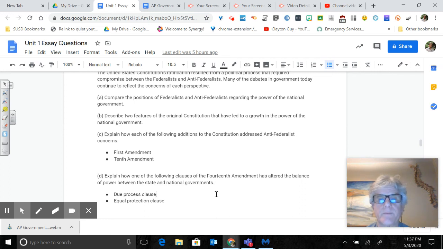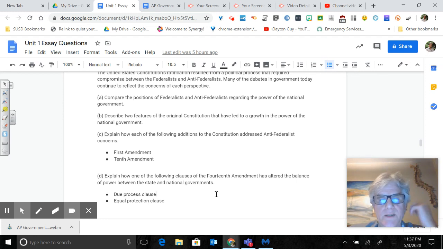So both of those address the anti-federalist concern about the power of the central government, so the government could not create a national religion, it couldn't stop speech, it couldn't regulate the press, it couldn't make laws against these. So that was a real concern that the national government would be too powerful and would overpower your civil liberties and rights. And then the 10th Amendment gave power to the states.